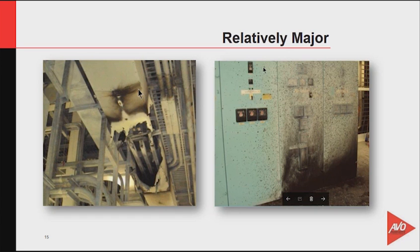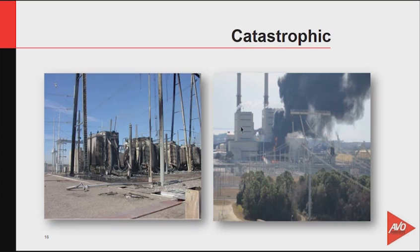And notice the switchgear on the right. At least two pieces of switchgear have been destroyed here. They have to be replaced, and that's going to take time and effort, and maybe a prolonged outage. All right, here's catastrophic faults. On the left, you can see large power transformers completely destroyed by a fault. And on the right, you can see a generating station that has lost its generator step-up transformer and required months of outage time. So that's what our faults do, and that's what our relays have to be able to detect